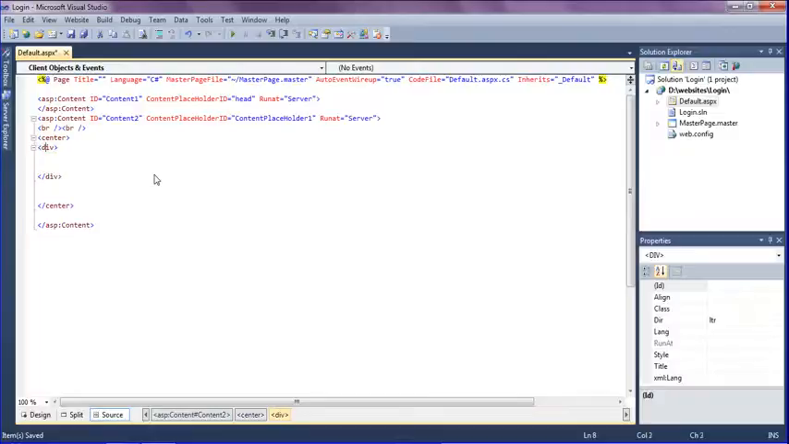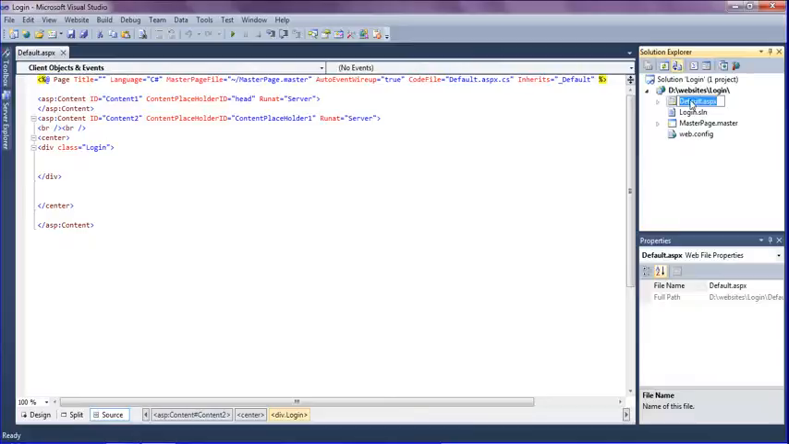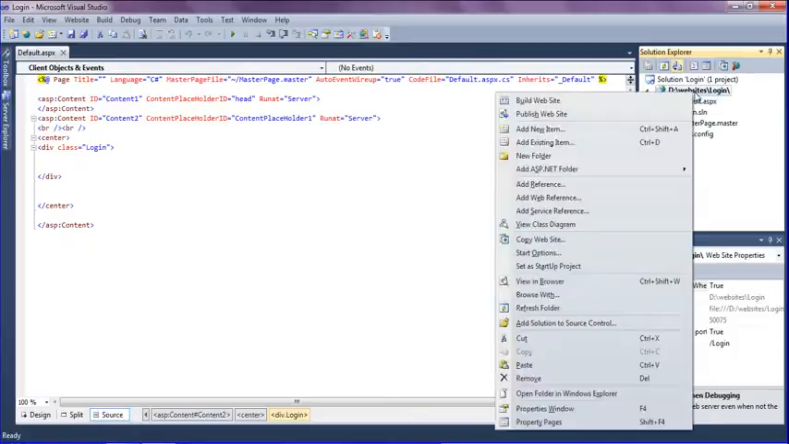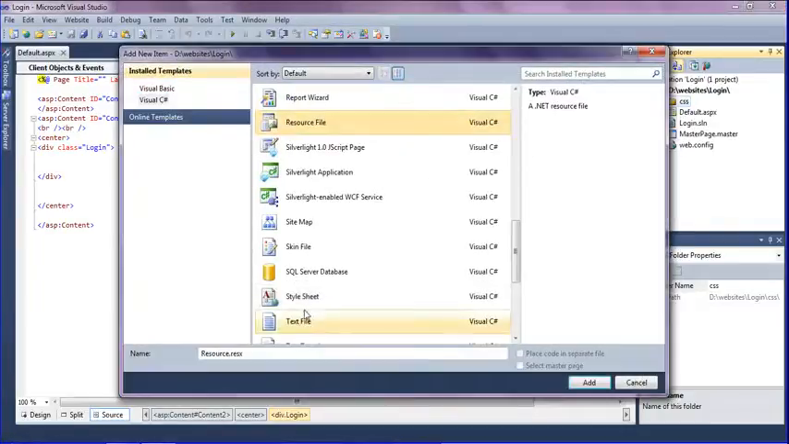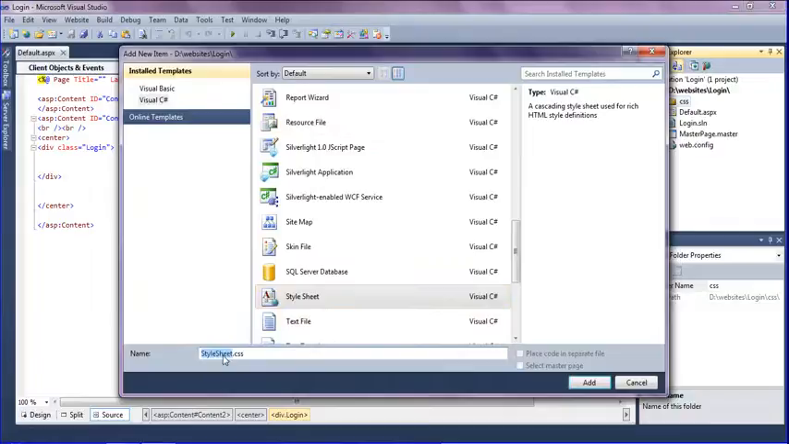Under the div I am just going to create a CSS class, giving the name as login. For the login class I'm going to create a CSS. So right clicking on my project and creating a new folder named CSS. In the CSS folder I'm right clicking and adding a new style sheet to my project and naming it